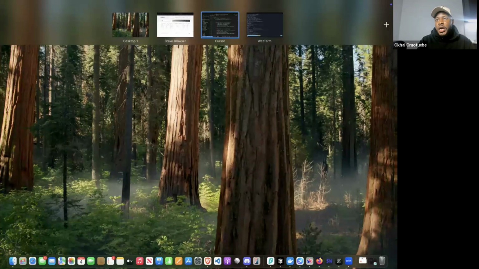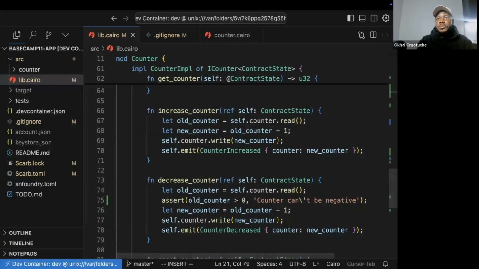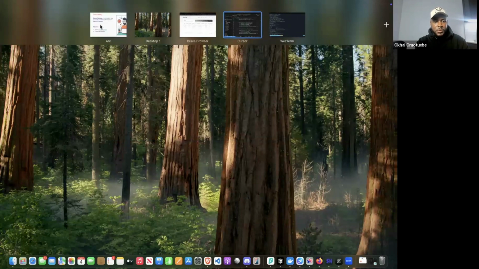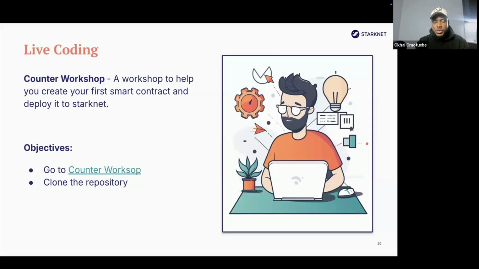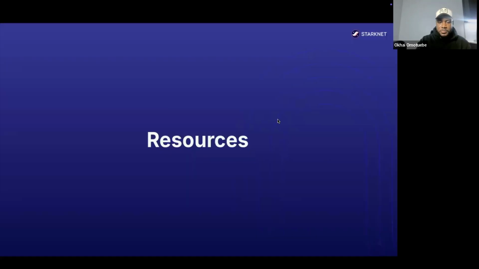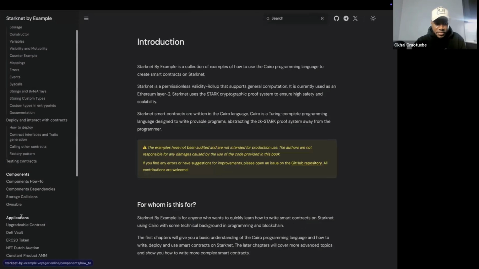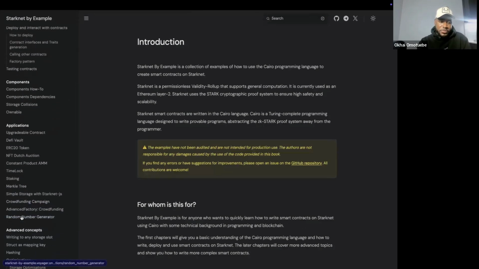There are just resources. I'm going to show that resource, and we can go to the quiz. Give me a second. Okay. These are just resources to learn more on Cairo. So there's the StarkNet book, Cairo book, Foundry, Starklings, and there's the StarkNet by Example. So if you want to see a lot of example code, you can just come here. And again, if you're looking for applications that you can build on StarkNet,